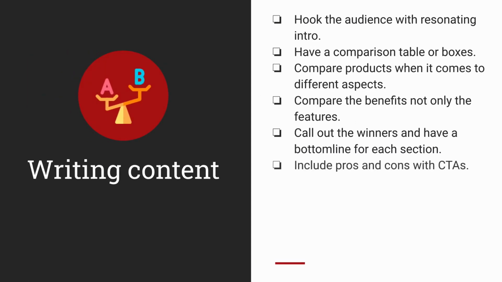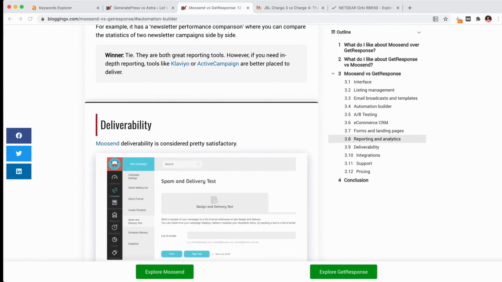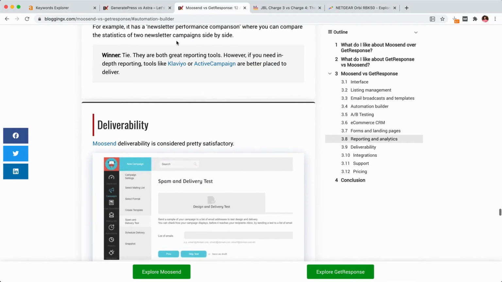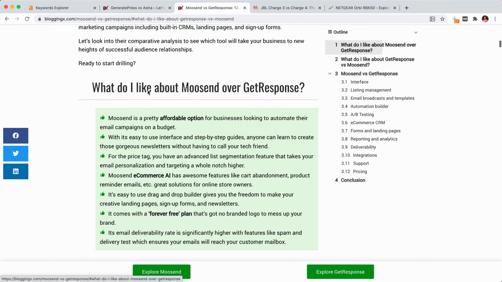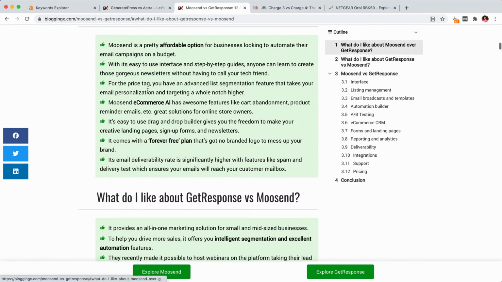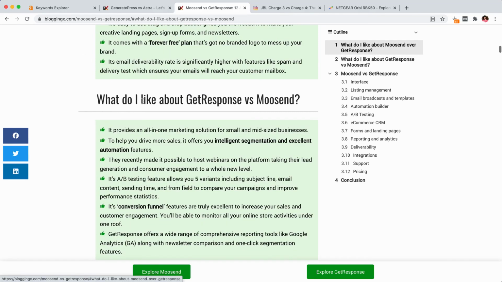And you can also include pros and cons with call to action buttons on your comparison posts. So pros and cons is really important. For example, we include what do you like about GetResponse, these two sections here. So these are like pros and cons for us, like what do you like about GetResponse versus MoveSend?